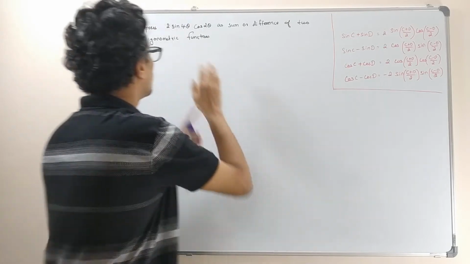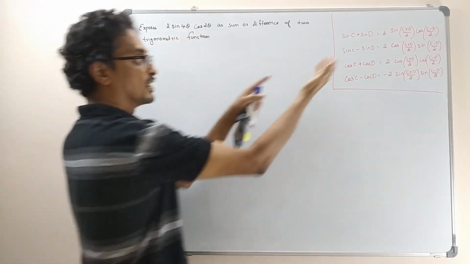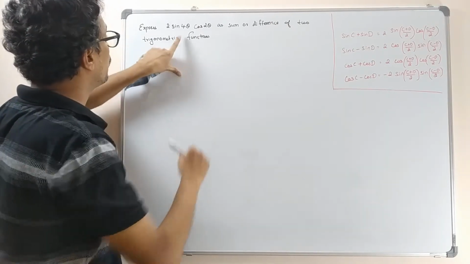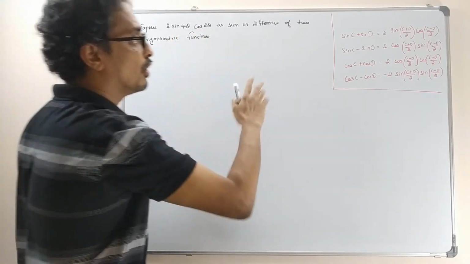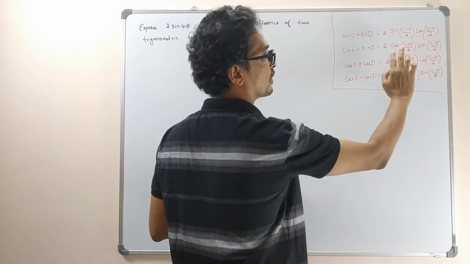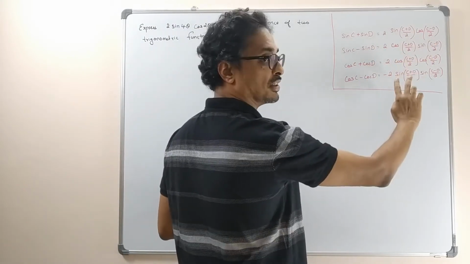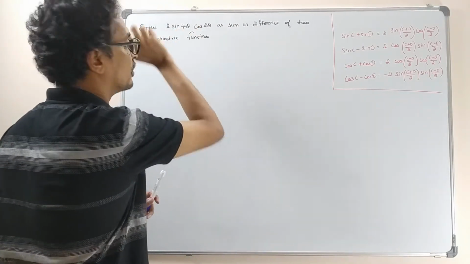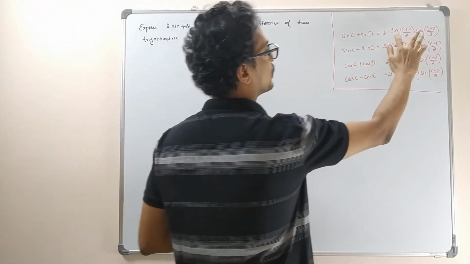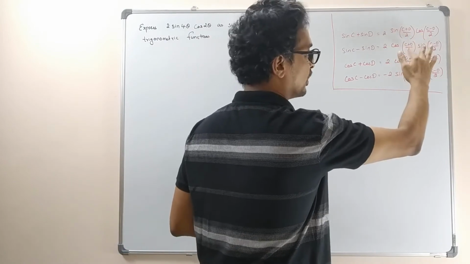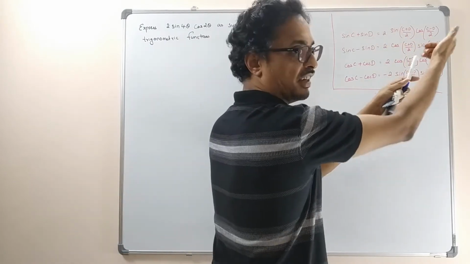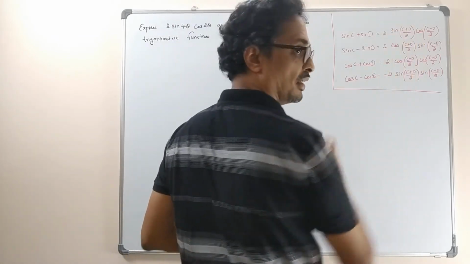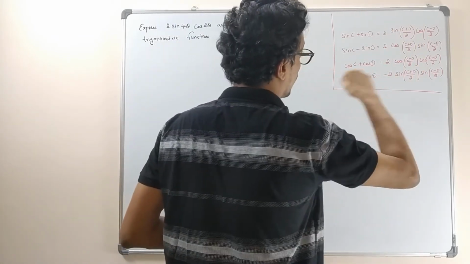Correct? So here what happened? They have given the product, and they want to get the sum, so we have the reverse of it. And what will we use? We have sine and cos, so these are all the combinations: sin cos, cos sin, and so on. Here they have given sin and cos, so which combination will we use? We will use this one. We can use the other also, just reversing it, but the answer will come out to be the same. So let us use this one.